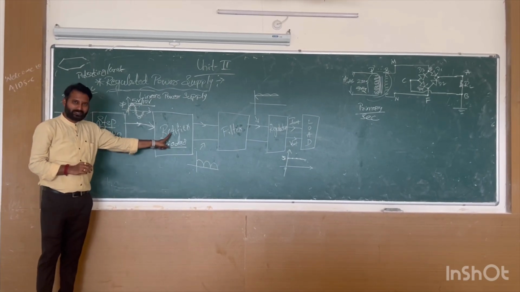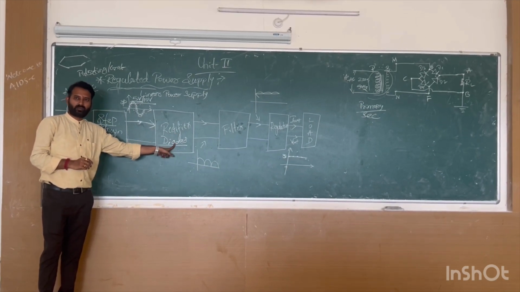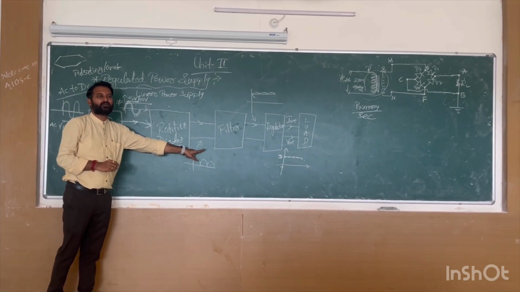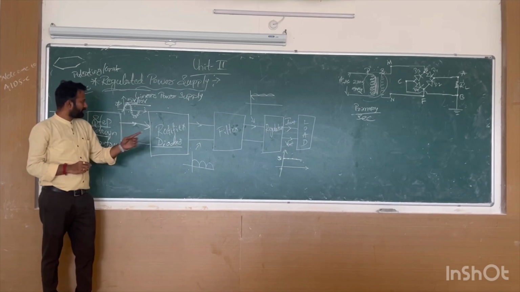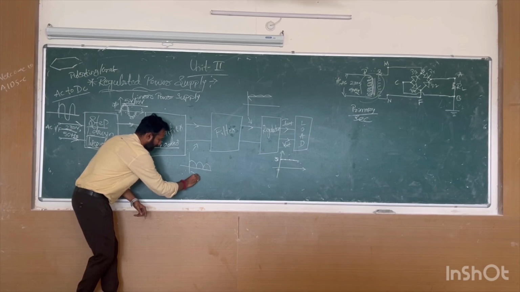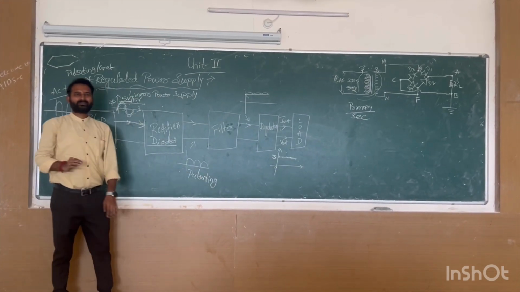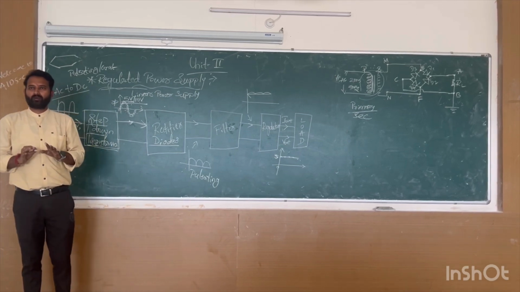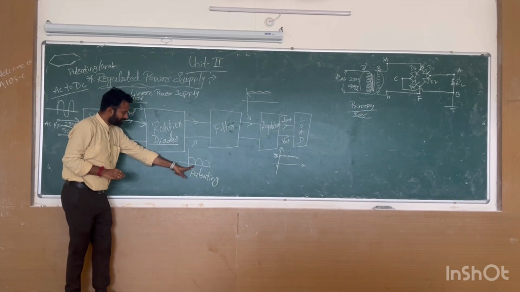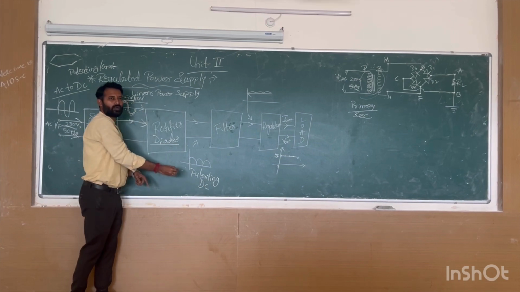Understandable? It's an electronic device which consists of diodes. What was it doing? It was carrying out a rectification process. What do you mean by rectification? Conversion of AC to DC. The DC is a pulsating DC. Understandable? Pulsating means constant DC. Now, what is the output of the rectifier? It's a unidirectional pulsating DC.